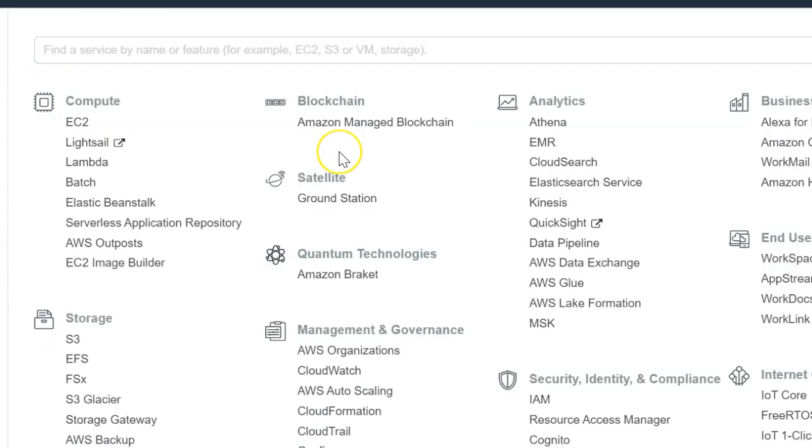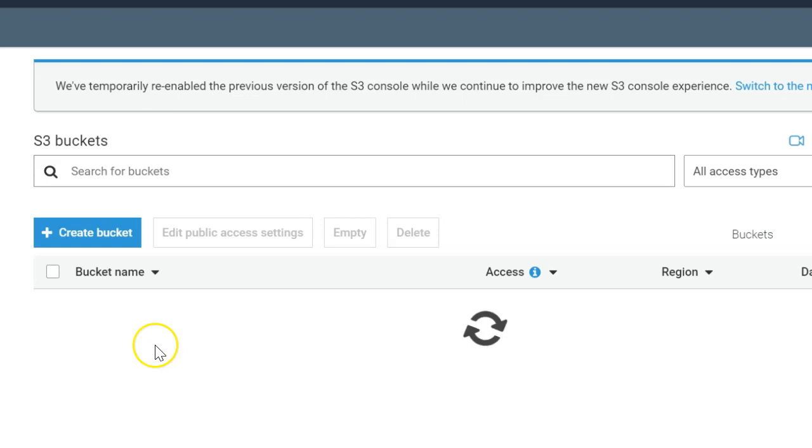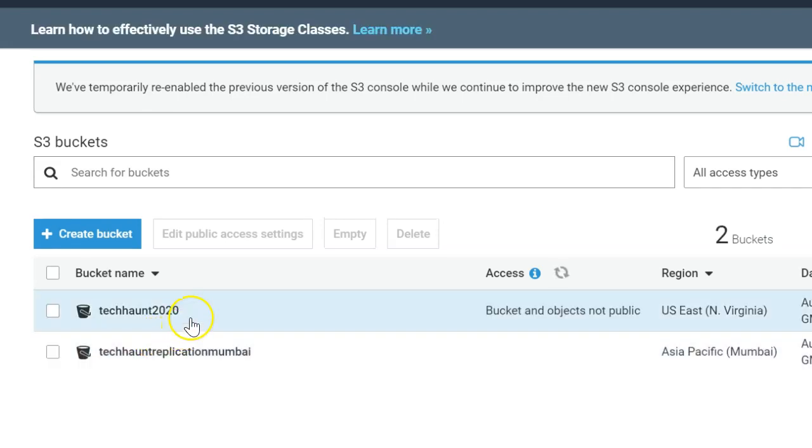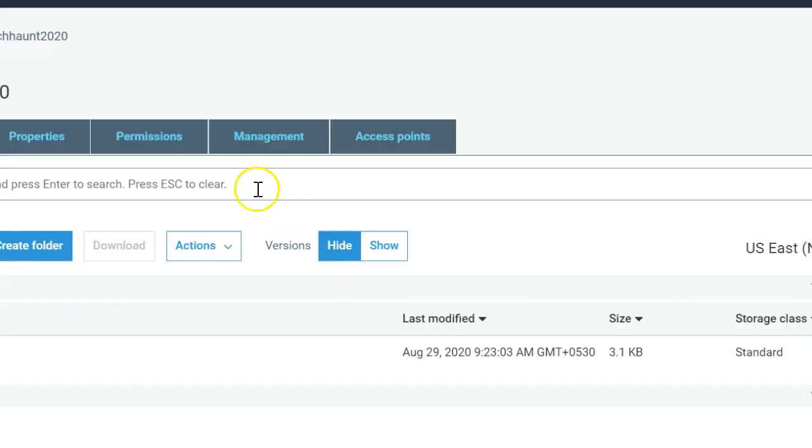You need to go back to your S3 and enter your S3 bucket here. So I'm just going to use that tag hunt bucket here.